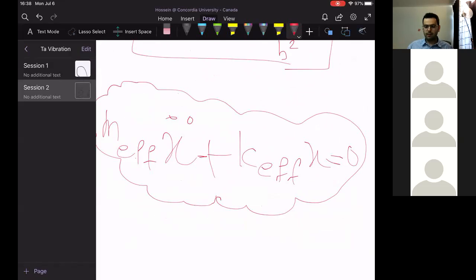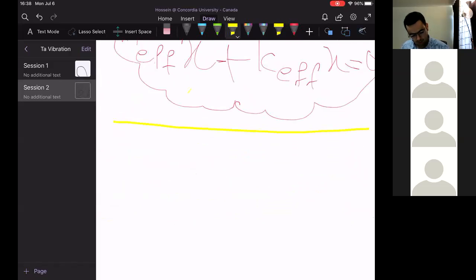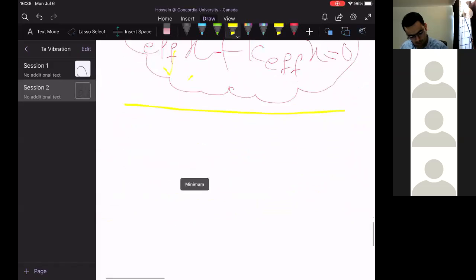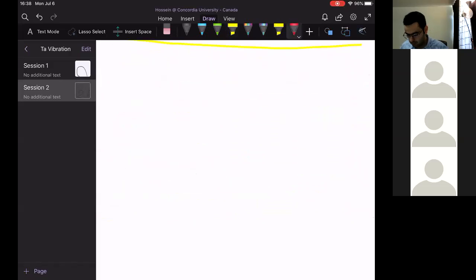You could increase the stiffness, you could decrease the mass, so it depends on the problem. So if you have any question, just ask me, otherwise we will go for the next problem. Are we good so far? So this is how you have to derive equation, effective mass and effective stiffness. So the next problem would be